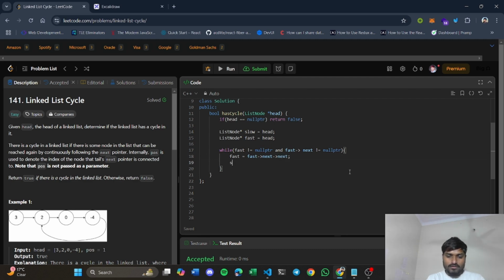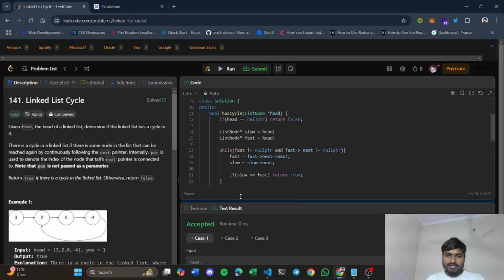And slow will go one step ahead, so slow will become slow next, right? And you will check if your slow pointer is equal to fast pointer. What do we have to return? That there is a cycle, right? Else you will return false, which means there is no cycle.